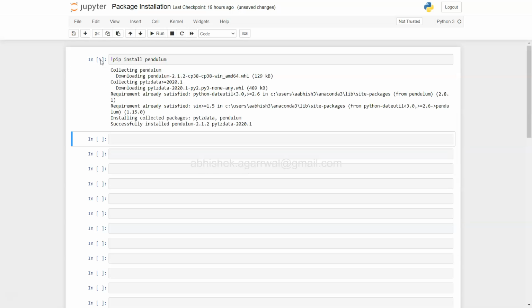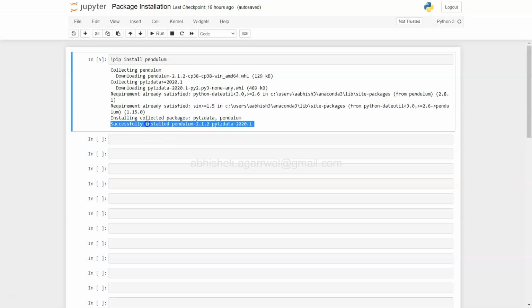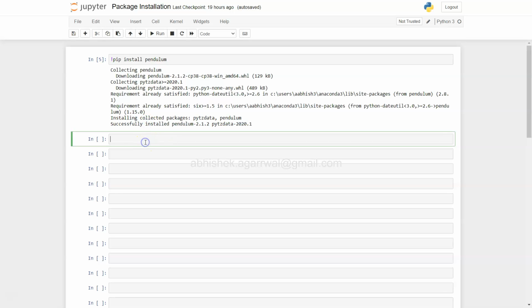And just to make sure, before running this command, make sure your internet is working, because what it does is collect the library from online, and it then installs the library accordingly. So it requires an internet connection to collect the library. Alright, so it is successfully installed, and now we can import the library Pendulum,